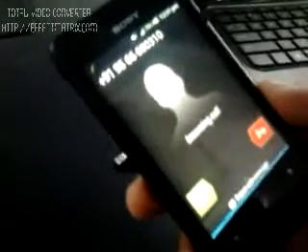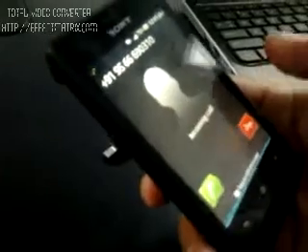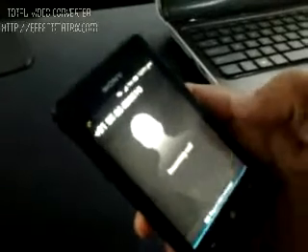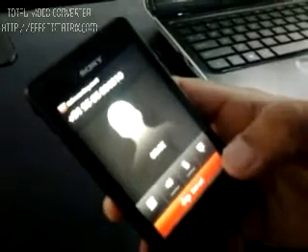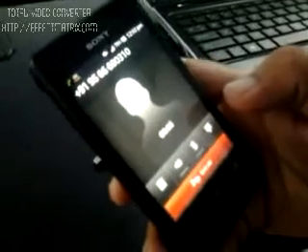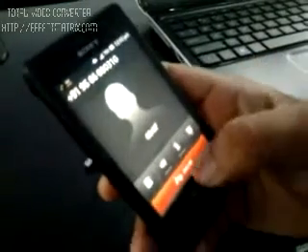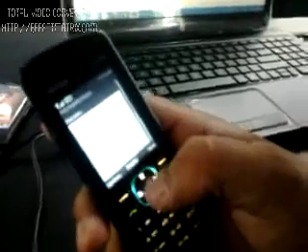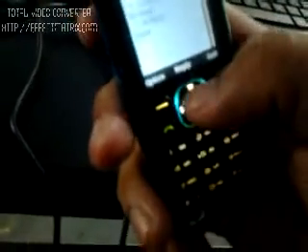So this is an incoming call to the child's mobile phone. Whether the child attends or does not attend, whatever action takes place, an SMS alert goes to the parent's mobile phone. So this is the duration. The child speaks to the incoming call. He has cut the call now. Immediately the parent receives the number from which the call has come, along with the time and date, everything.